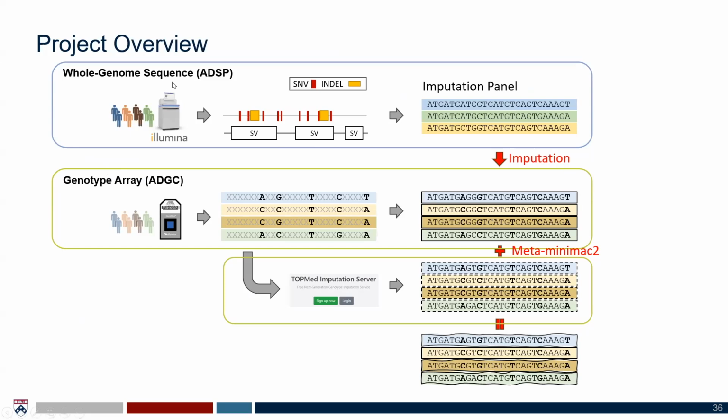The pipeline we think is that we can propagate our knowledge of the whole genome sequence data through imputation panel construction, and then we can impute our genotype data. When we say imputation, then you will argue TOPMed, they have more samples, so they will have better quality than us. So how can we overcome this